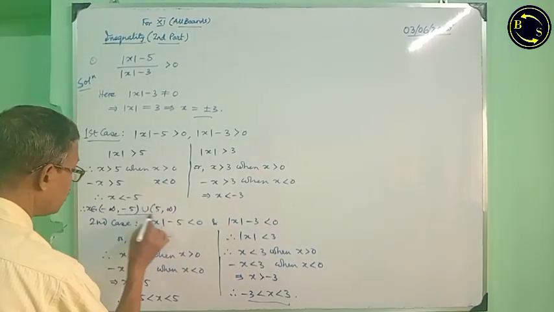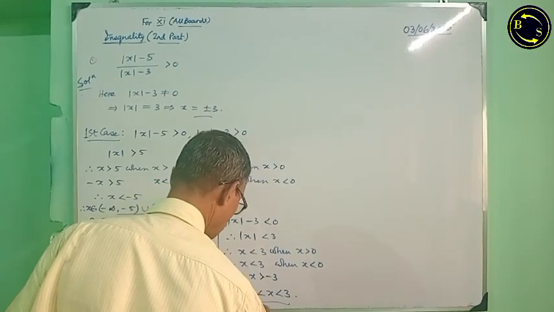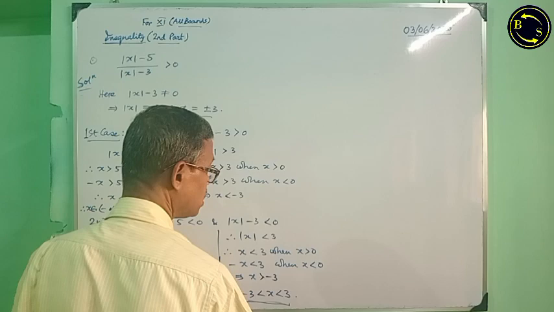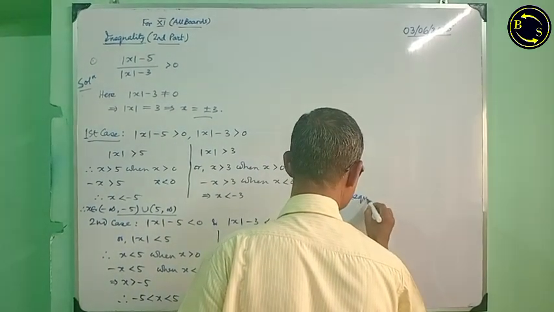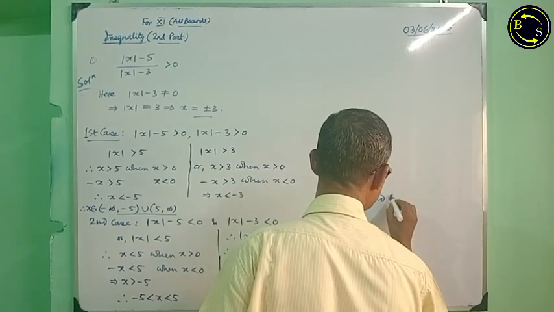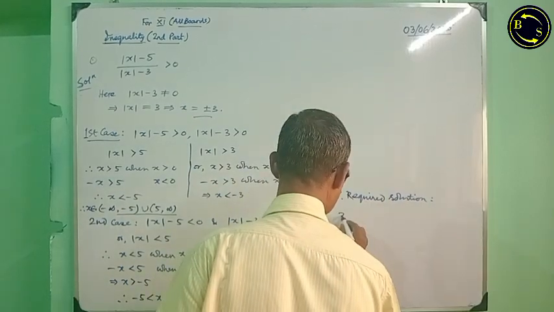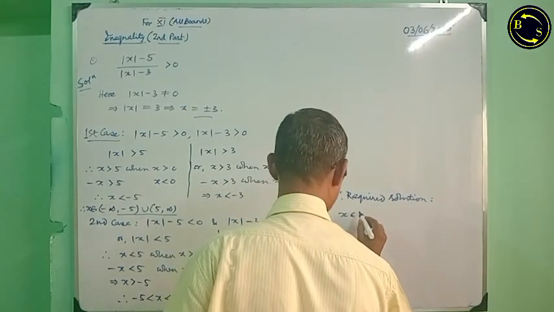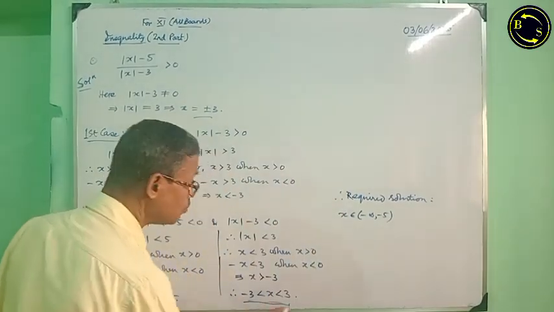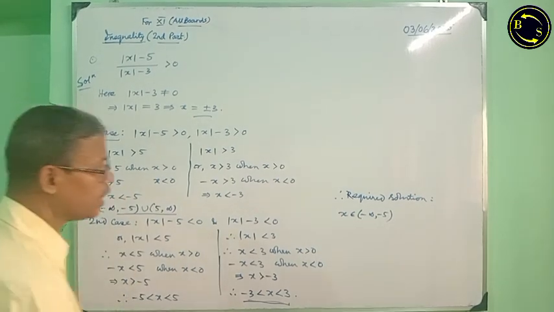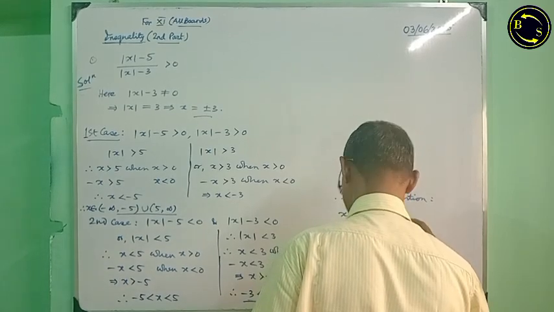Thus, these two is the common solution region. Finally, we write the required solution: x belongs to minus infinity to minus 5. Now, this lies in between these two. If we plot on the number line, we find